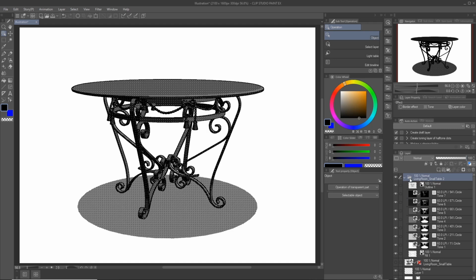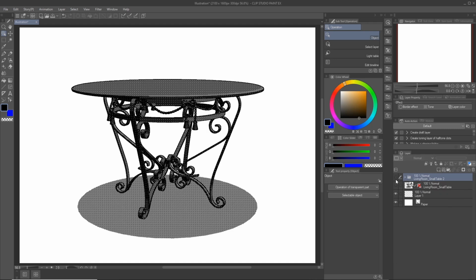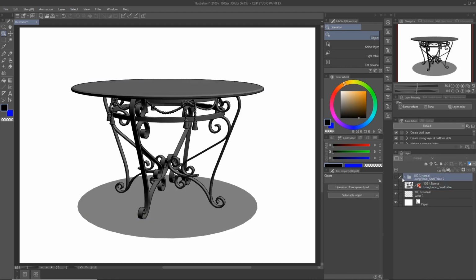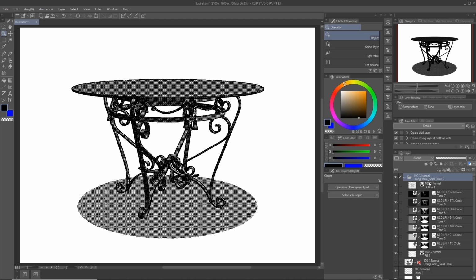If we open up the layers panel, we can see that a folder with a whole bunch of layers inside was created. Let me minimize this just to show you. So first we have our 3D object, and after we LT converted, we got a folder with a whole bunch of layers inside. I'm going to hide the 3D object for now and maximize the folder. Let's take a look at all the pieces that the LT convert created. So I'm going to hide everything and go through layer by layer.